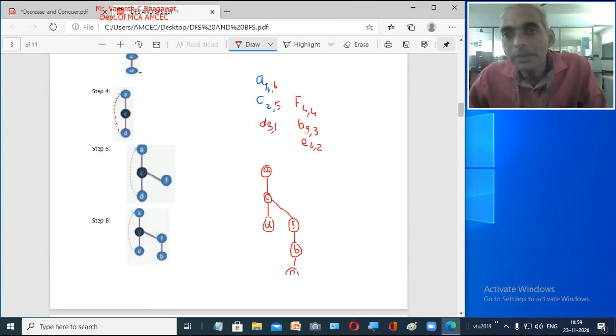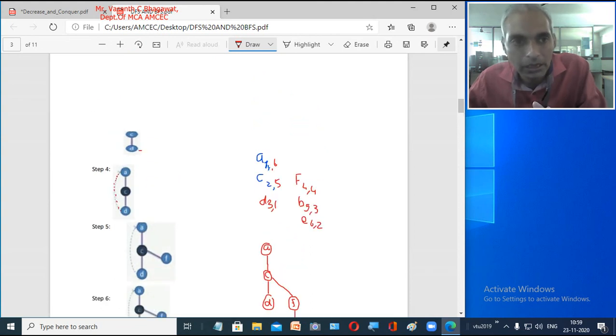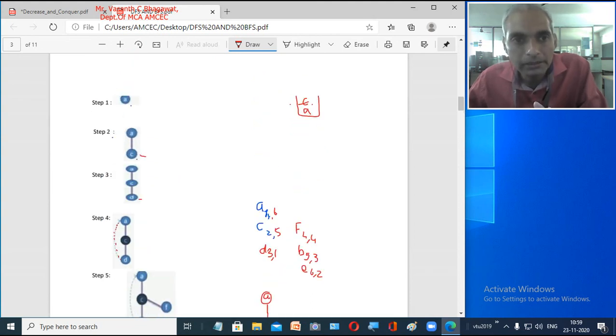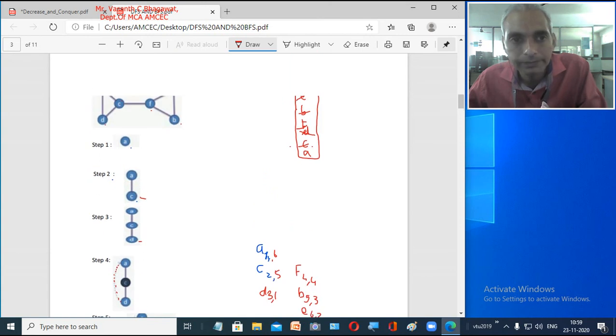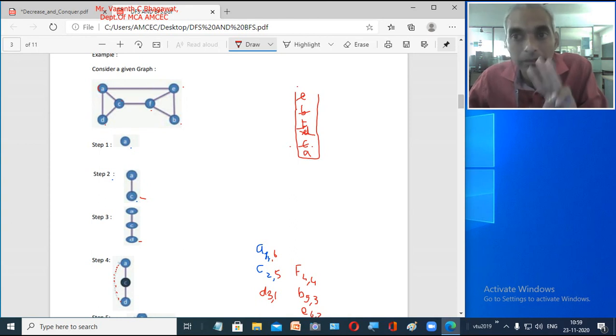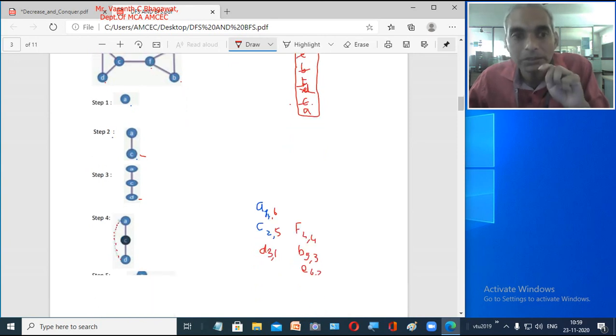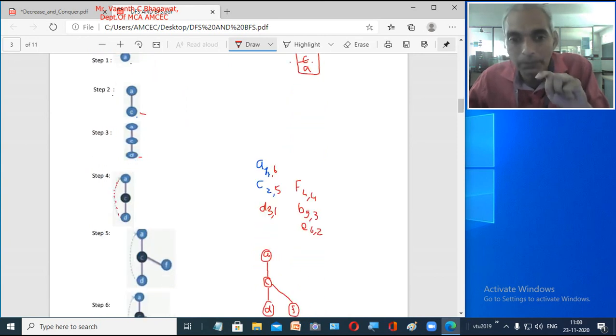Now this is what we have done. Now you count how many edges are there. So if you get confused how to draw these back edges, this is a shortcut method. Now count how many edges are there. So 1, 2, 3, 4, 5. So here in our forest we got 5 edges. Now you count how many edges there actually are in your actual graph. So 1, 2, 3, 4, 5, 6, 7, 8. There are 8 edges. But here we got 5. That means 3 edges are missing. You observe which are those edges which are missing.